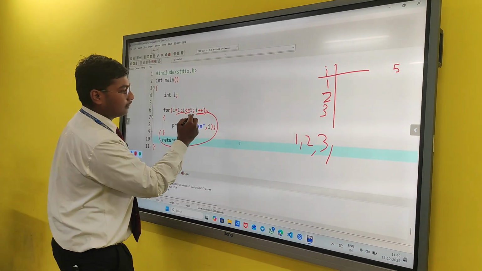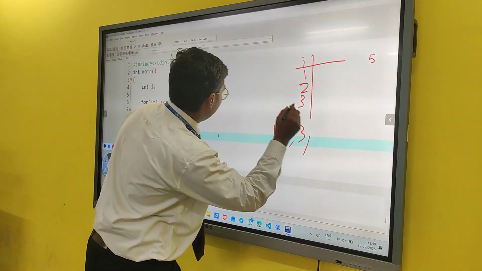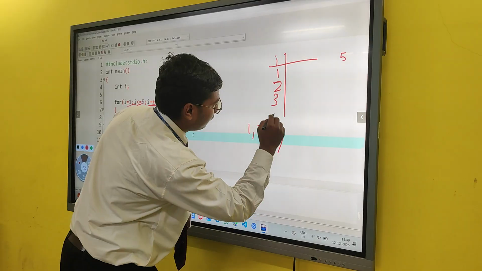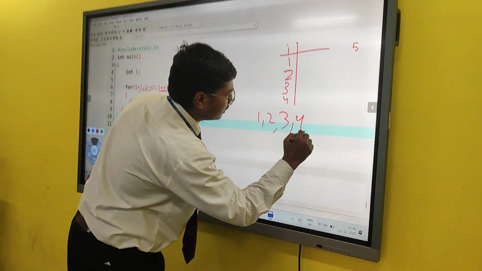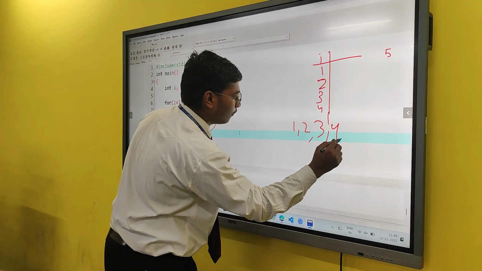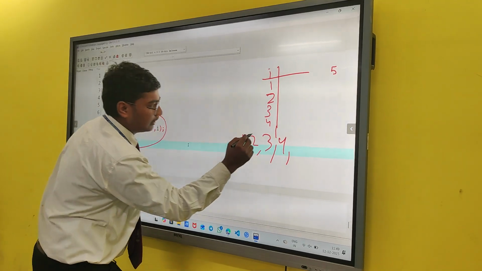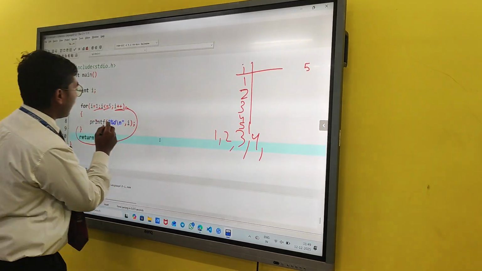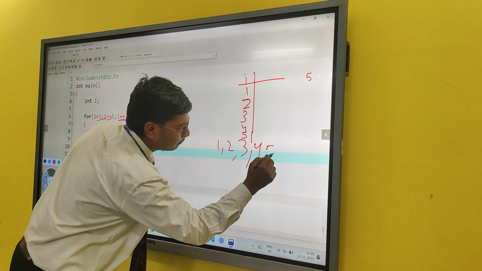Again the program will go to the body of the loop and check again. Then the i variable is 4. 4 is less than 5, so here is 4. After that the increment part will work, and here the value of i is 5. It will check i is less than or equal to 5. So here we write 5.